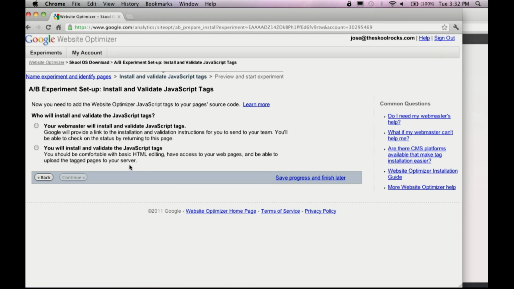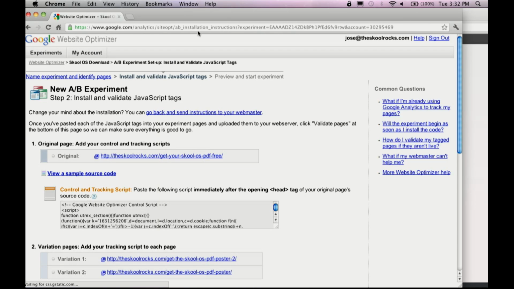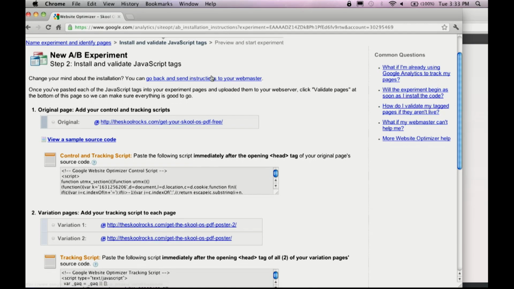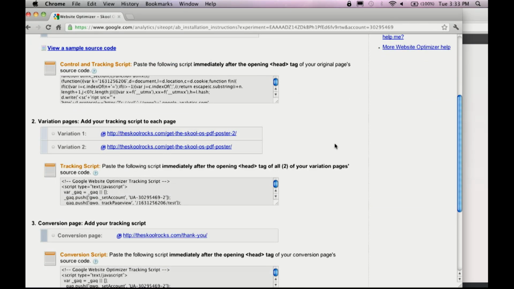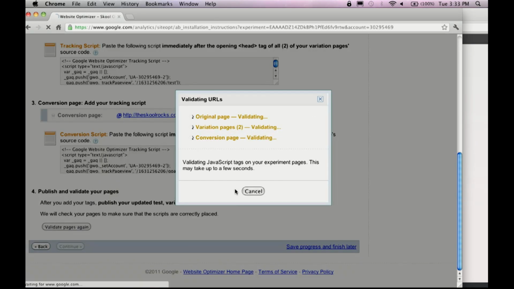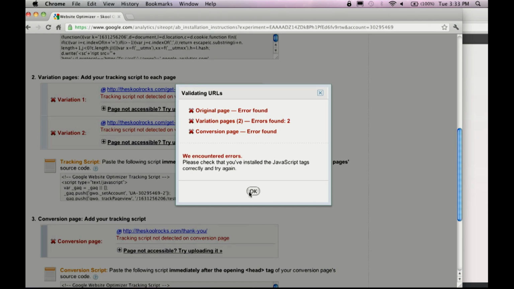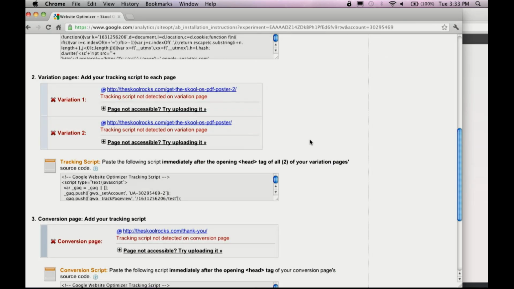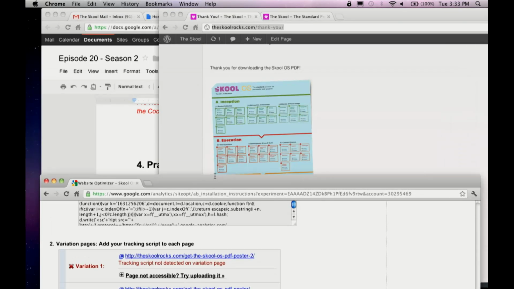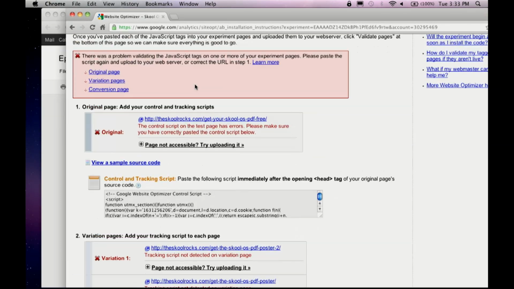And here's the kicker. You will install and validate the JavaScripts yourself. Bam. Or I already have them in there. So I don't know if it's going to validate for me, but let me just see if it does it. Whoa, it didn't validate them. Okay. So I have one already pre-cooked because I finished it. So I'm going to go back